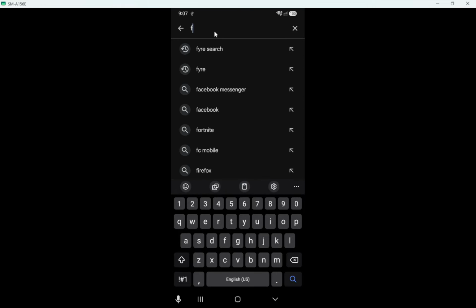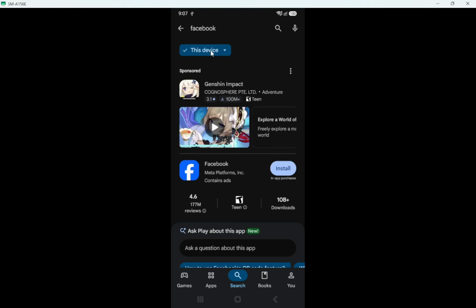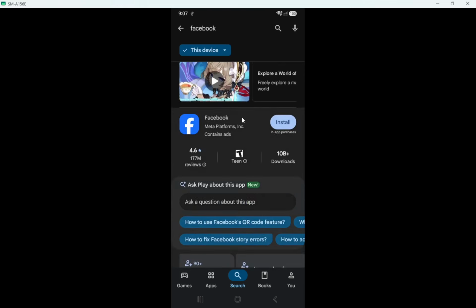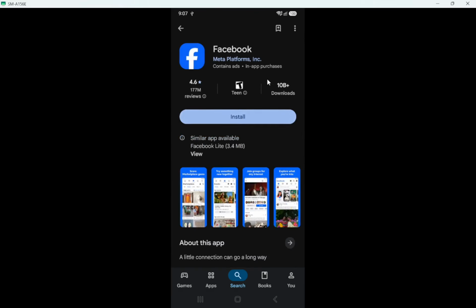Next, type Facebook into the search bar. Make sure you spell it as one word, Facebook, with no extra spaces or symbols. As you type, you should see suggestions appear underneath, usually with Facebook showing near the top of the list. You can either finish typing the full word and then tap the search key on your keyboard or tap the Facebook suggestion when it appears.